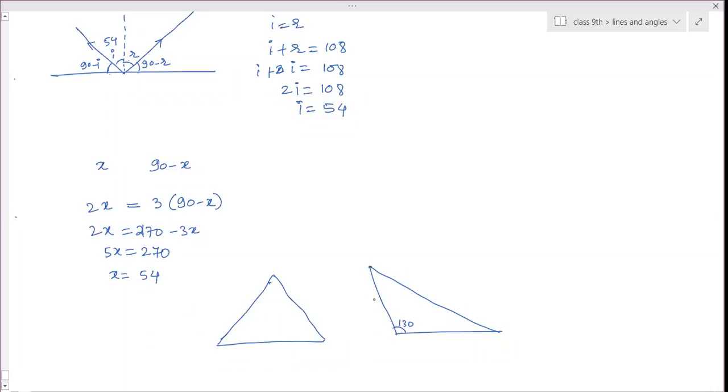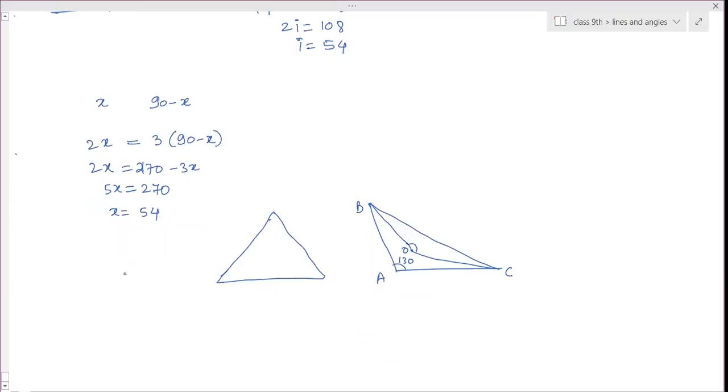So these are the two angles. You can say this is A, this is B, and this is C. So the bisector is this, and the bisector is this. So this angle, if you consider O, then this BOC we have to calculate. So this is 130. Then what is the sum of B and C? A plus B plus C is equal to 180.